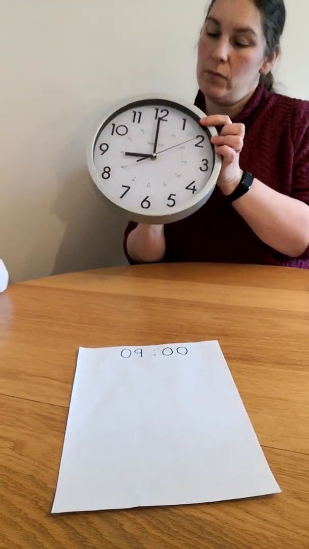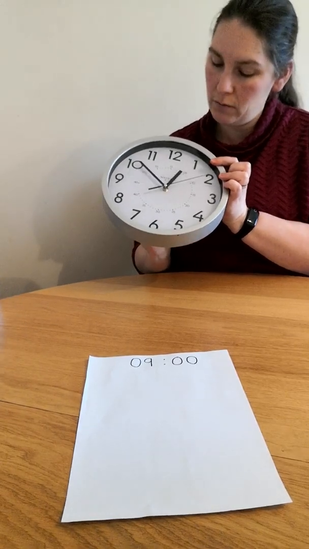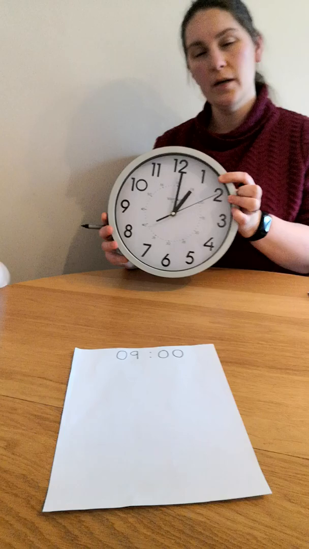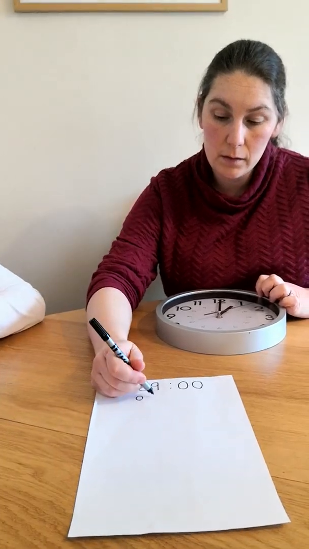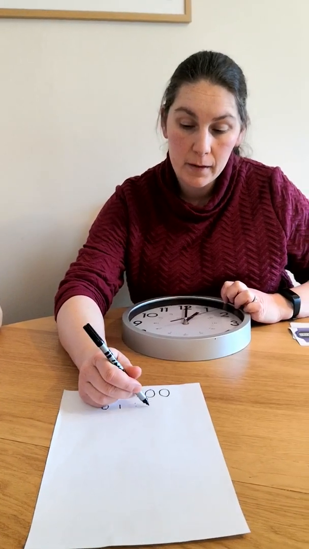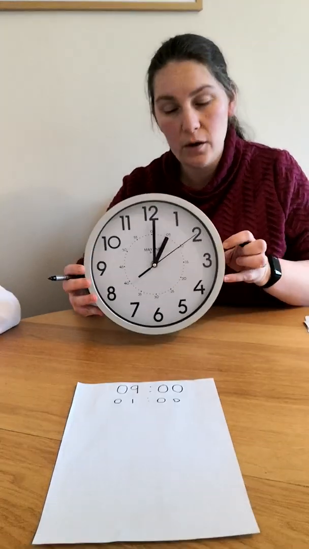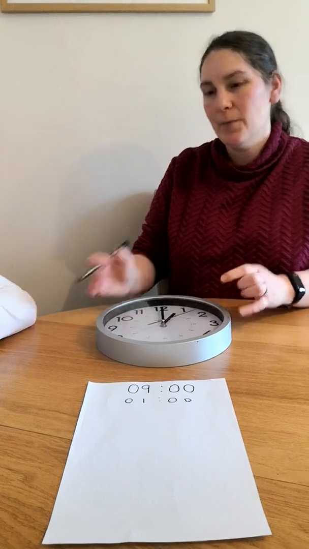So if we put it on a bit further, we'll stop at 1. Okay, so now the time is 1 o'clock. That would be 0, 1, 0, 0. 1 o'clock. But it gets a little bit more tricky when we start to think about half past,